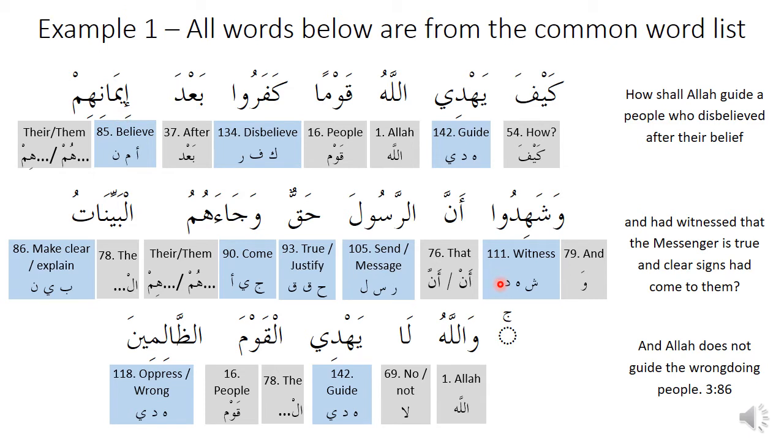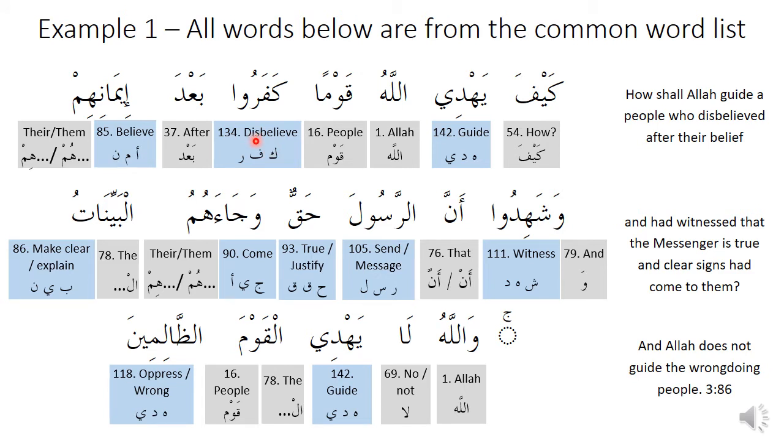So we're going to be covering that a bit later. Whereas the grey words, the ones that aren't root words, the first 80 or so words from our word list, these are very straightforward. They're always the same. The blue words, there's always a bit of variation. With the grey words, Kaifa is always Kaifa, Allah is always Allah, Qawman is always Qawm. There is another version of Qawm here, Al-Qawm, the people, but you can see it's pretty much always the same. The grey words are always the same. We're going to be spending more time on the blue. That's where more of the rules are.